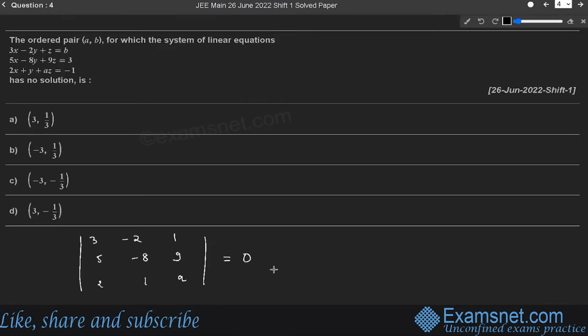Also there is a third equation given. So multiplying by 3 into equation 1 and subtracting equation 2 from it, again subtracting equation 3 multiplied by 2. Means we have to multiply 3 in first equation, then first minus second. Again we have to subtract equation third but multiplied by 2. So 2 is multiplied into equation third.